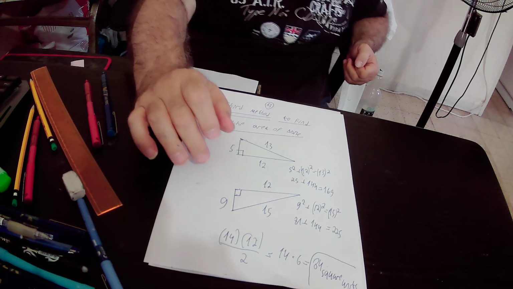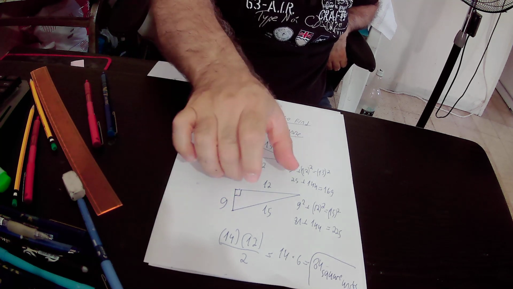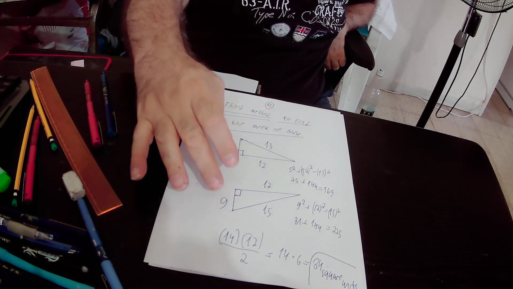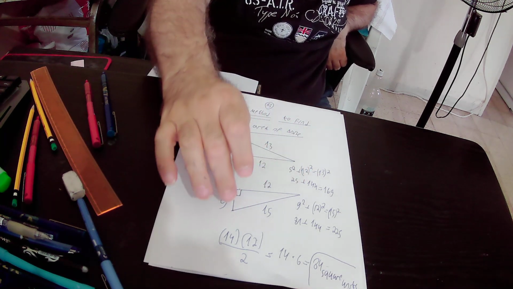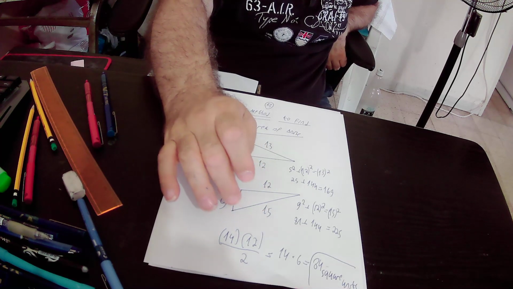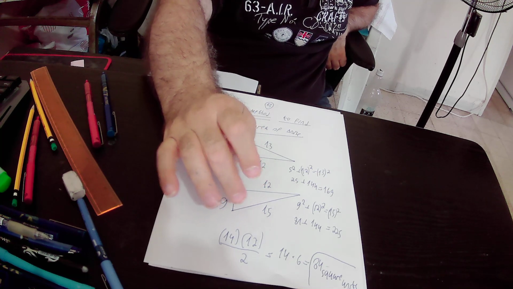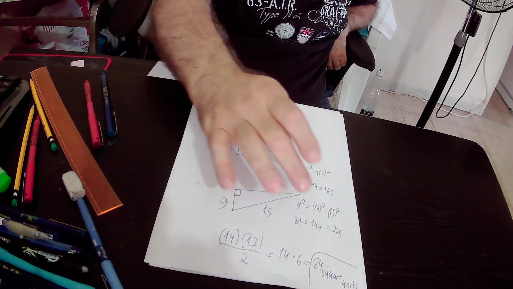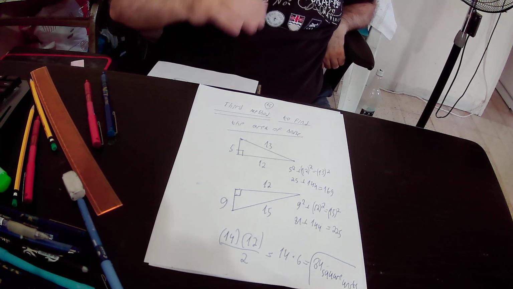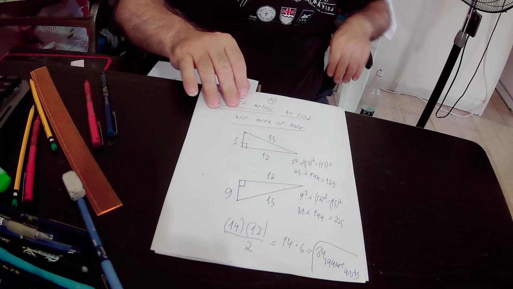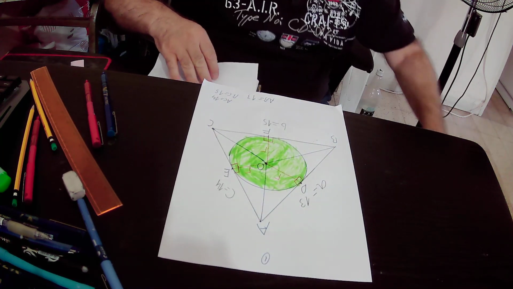So the area of any triangle equals the base of the triangle times the height to the base over 2. So the base is 14 units, the height to the base is 12 units over 2. So 14 times 12 over 2 is 14 times 6, because 12 over 2 is 6. So 14 times 6 is 84 square units. So we found out in the third way that the area of triangle ABC equals 84 square units. Okay, and then we found out